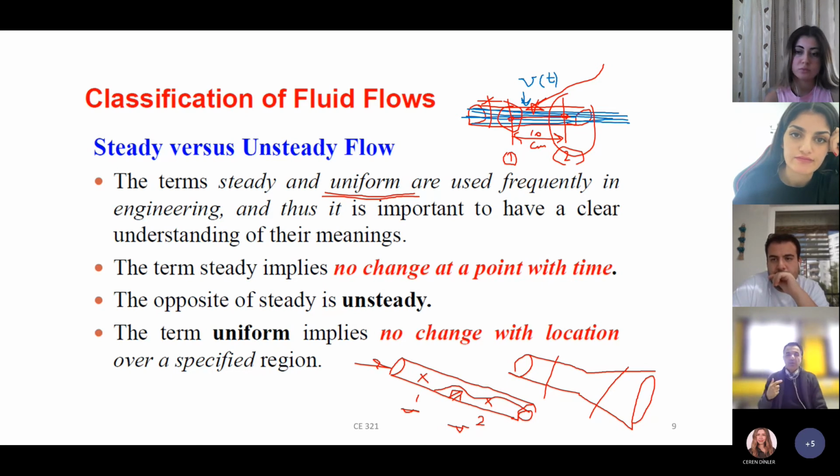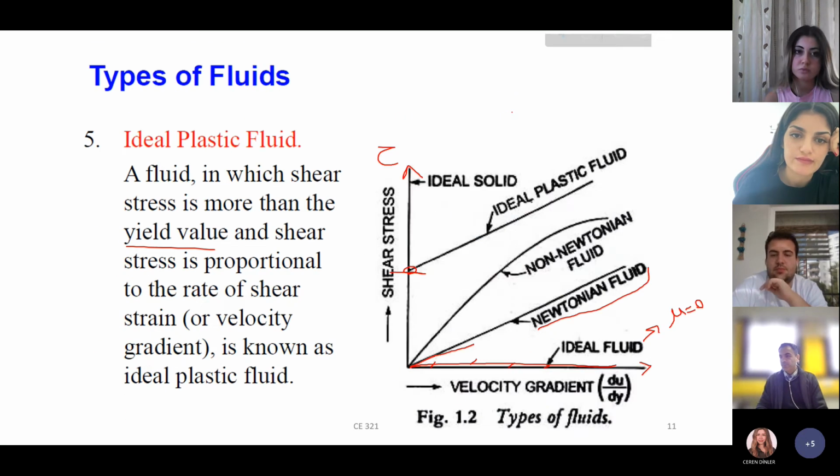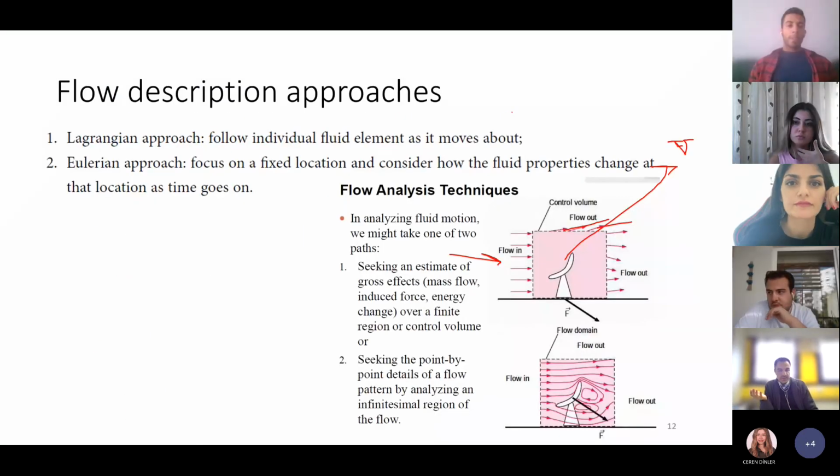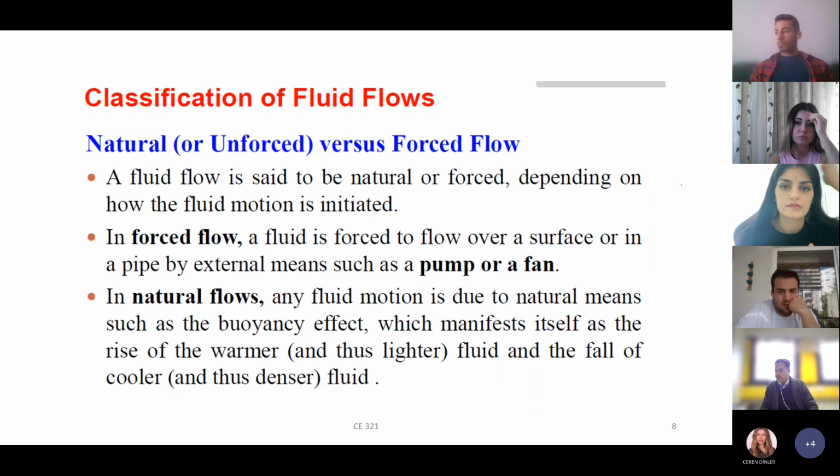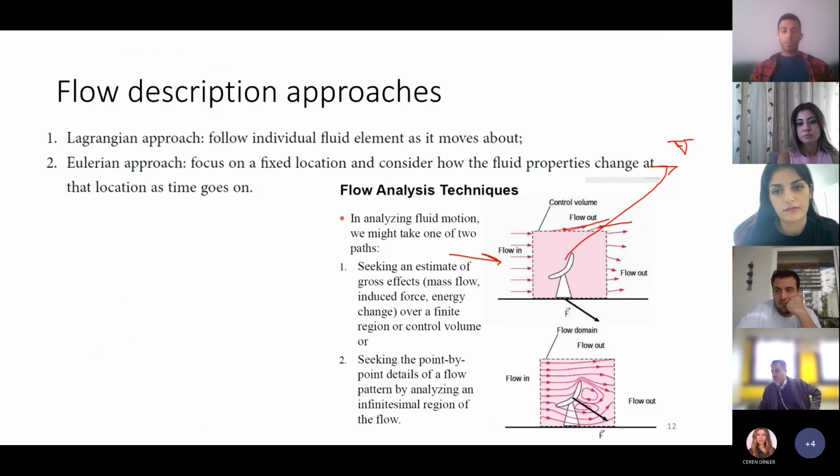This is the Eulerian perspective. What is the Lagrangian perspective? In the Lagrangian perspective, as you see here, we deal with every single water molecule one by one, point by point. For example, I can calculate the velocity of this point, or the velocity of this point, or the velocity of this point,